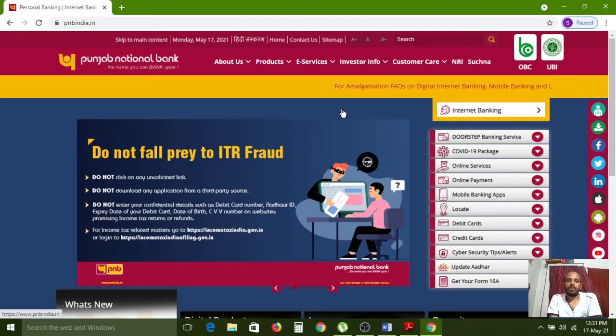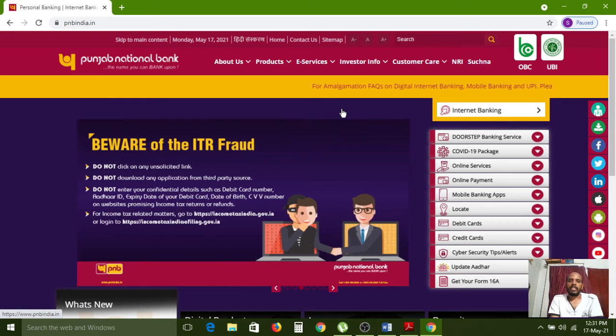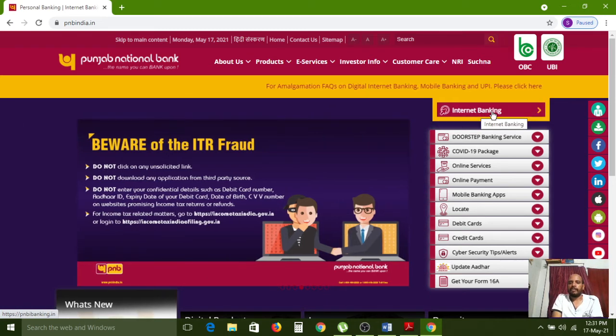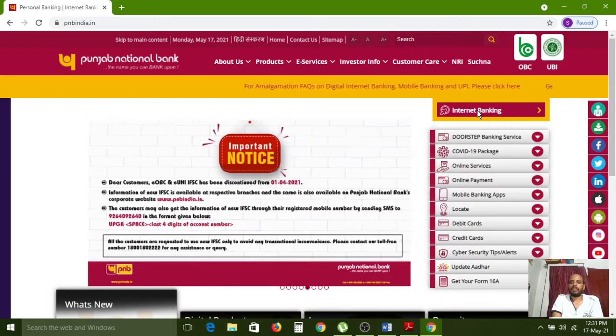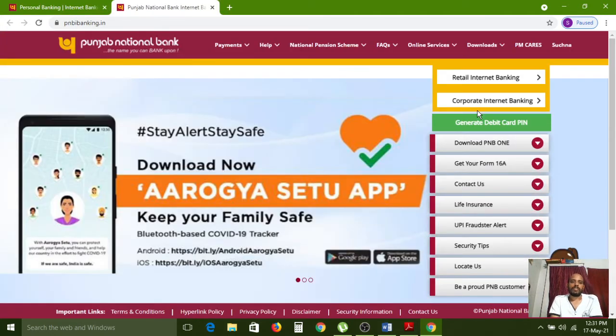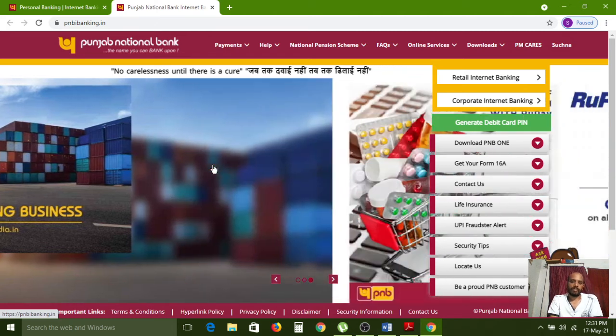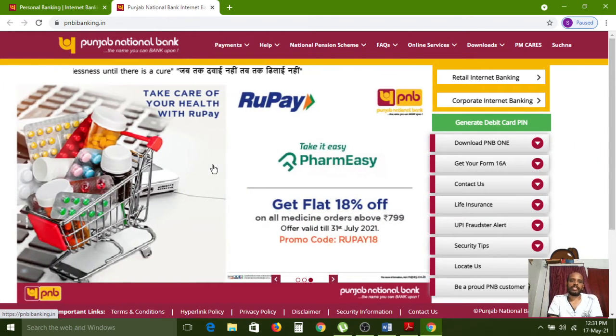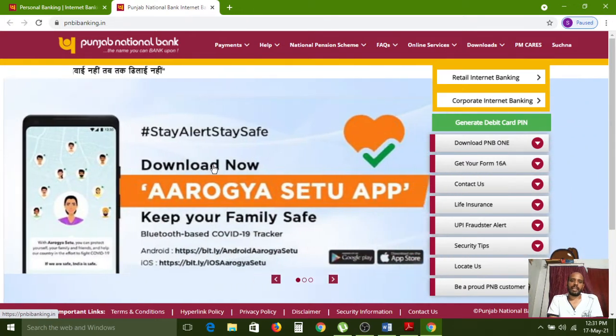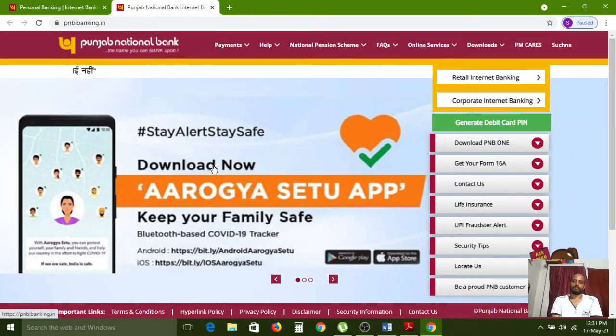Now I want to go from this website to Punjab National Bank internet banking. So for that, here one link is given. Just now I am clicking on that, it is jumping to some other page. When we click that link, it is jumping to some other page. So this type of links creation is called hyperlinks. This type of links we can create by our web technologies with the help of HTML code.